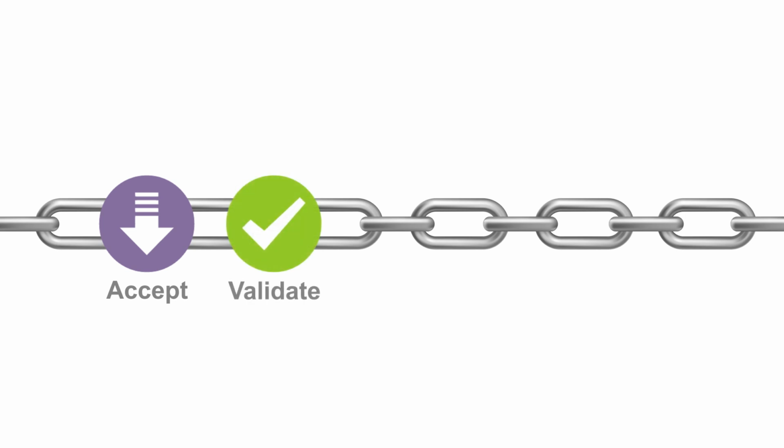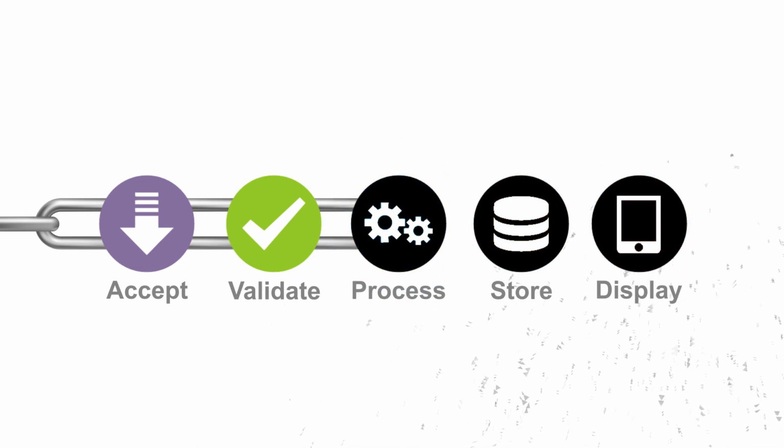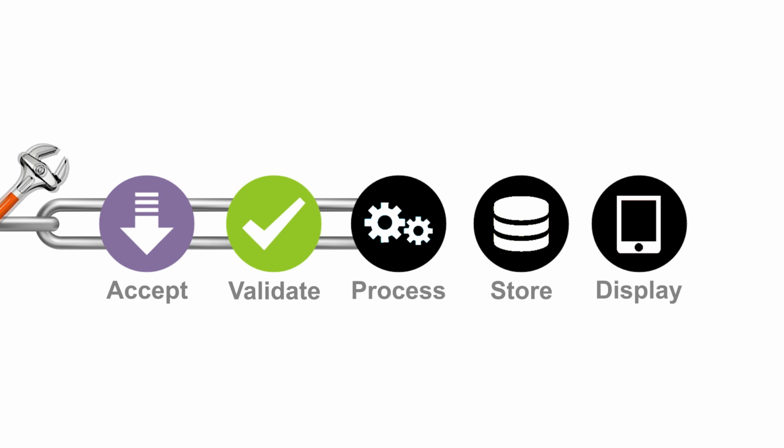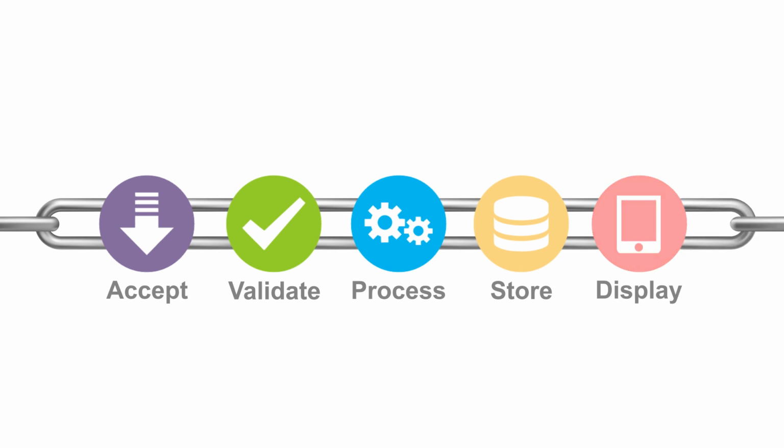These different components are abstracted into 5 verbs, which are accept, validate, process, store, and display. These elements normally work in succession, making them into a chain of sorts. If one step fails, the next one will likely fail as well. This is why creating universal acceptance requires the revision of different parts of a system, seeing as it might be the case that a single component is at fault, and the fix might be simpler than it is imagined. Of course, this is different in each case. Let us study each verb individually now.